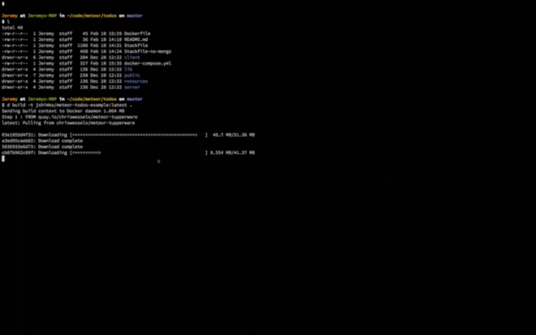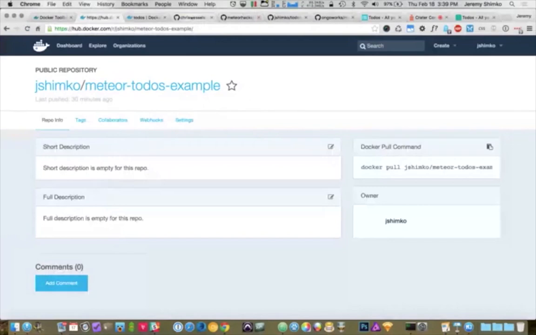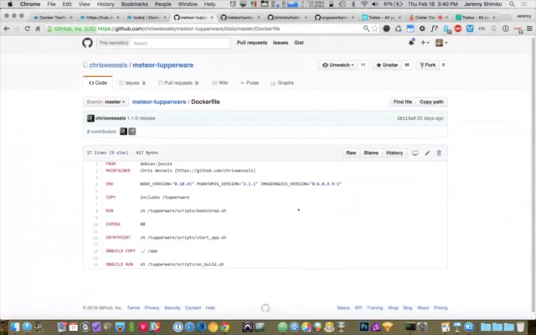It's downloading the base image, which again has the Linux OS. While we're doing that, let's go look and see what's in that base image. If we look inside the Dockerfile in the Tupperware repo here, you can see the base image is from Debian Jessie,